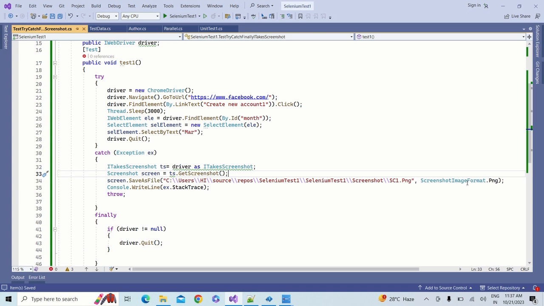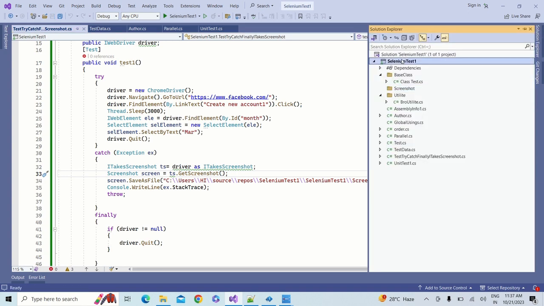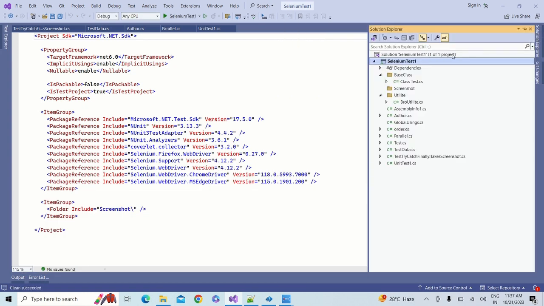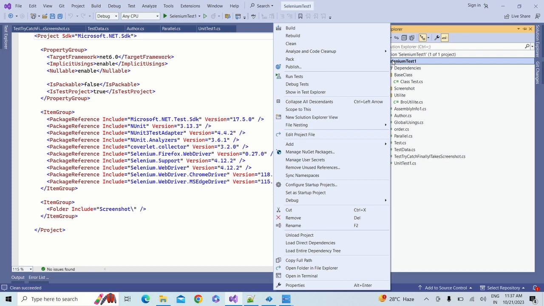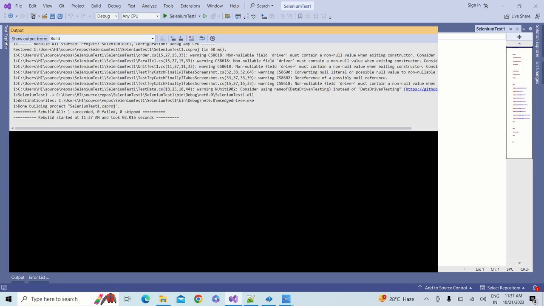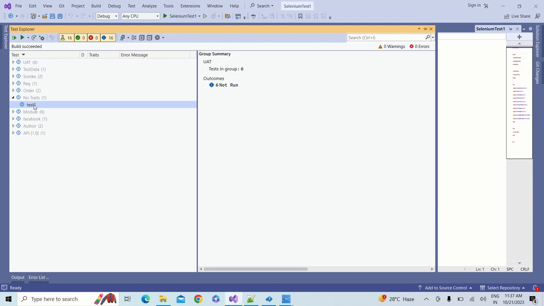In png format. For that one, let me clean the solution and let me rebuild the solution, and after that let me run this test. Okay, this time